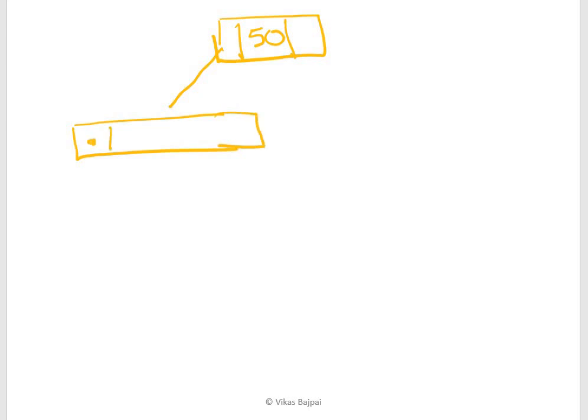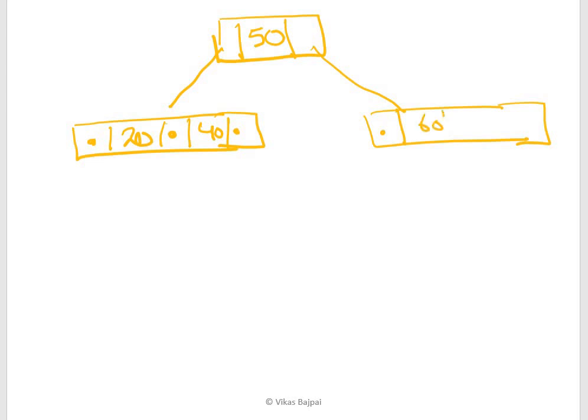So a pointer and let's say 20, then a pointer, and let's say I have 40, and once again a pointer. On this side, once again 5 spaces, of course values greater than that, 60, pointer, 80 and pointer.